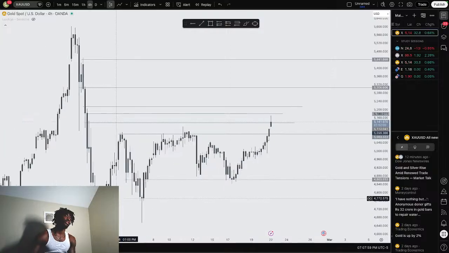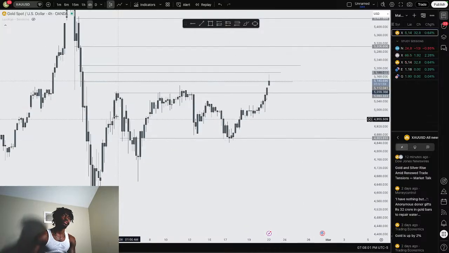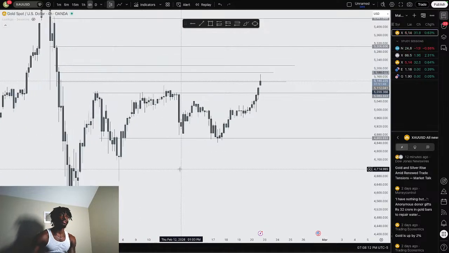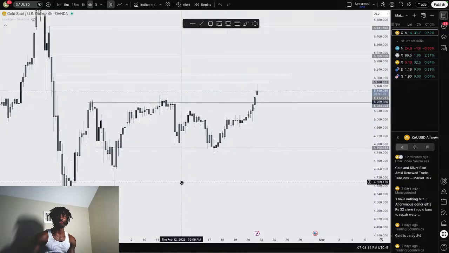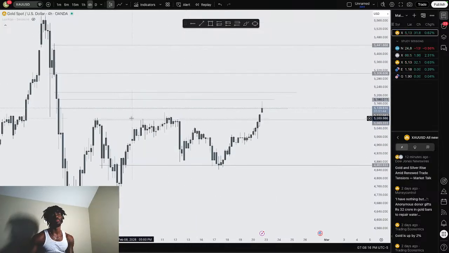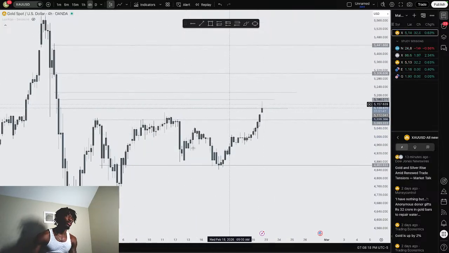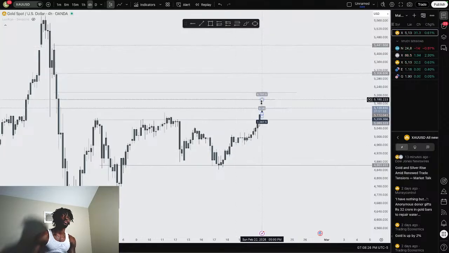that gold has been in since the beginning of the month, basically. Gold has been ranging for the past basically 20 days. And me understanding how ranges work, I see them more in the lower time frames and I see the moves that happen. If gold is ranging on a 4 hour time frame and it breaks out of that range to whichever direction, more times than not, gold is going to head in a significant move